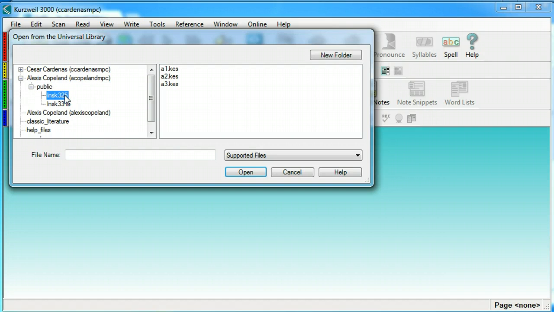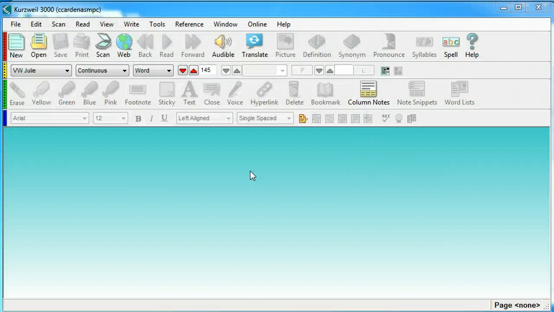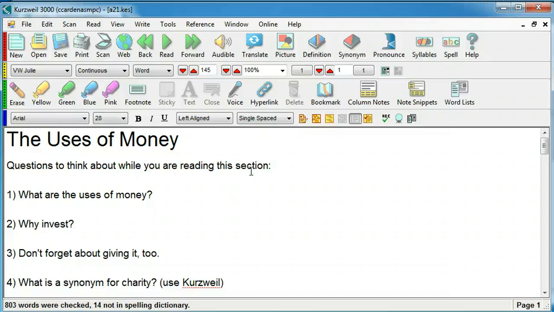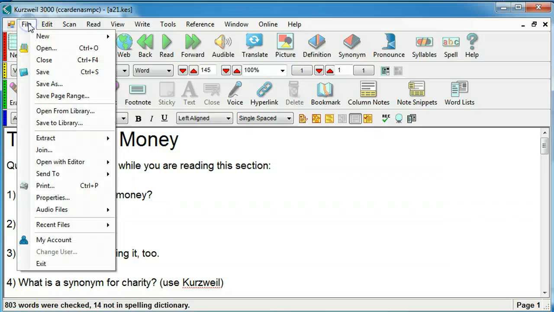One is my LNSK 325 class. One is my LNSK 331B. Now what we can do, so for example in Caesar's case, I'm going to have him open up A2, the second assignment in his Kurzweil class. So he can open that up. He cannot save it back to the same place, but what he can do is save it to his own public library. Notice if he does save as to his local,